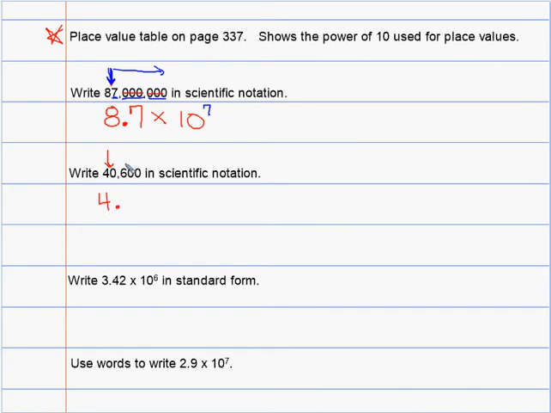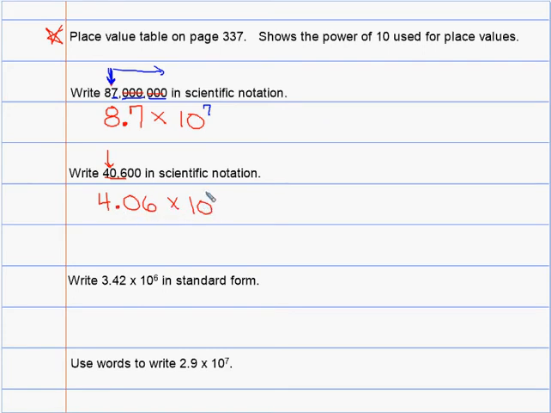Now, remember I told you didn't have to write all those zeros? Well, you do have to write them if there's a digit that's not a 0 that comes after them. So we need to include all of these. So we need to write 4.06. It's these trailing zeros here that we don't need to include. Okay? So 4.06 times 10,